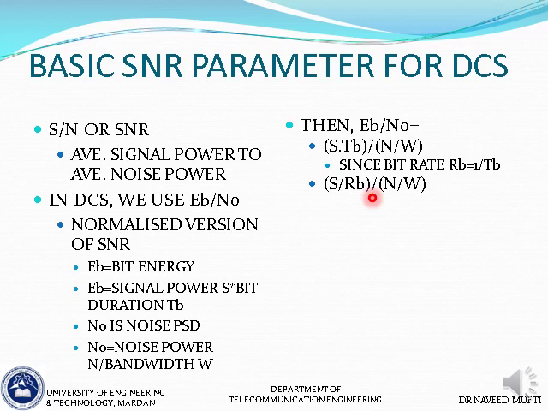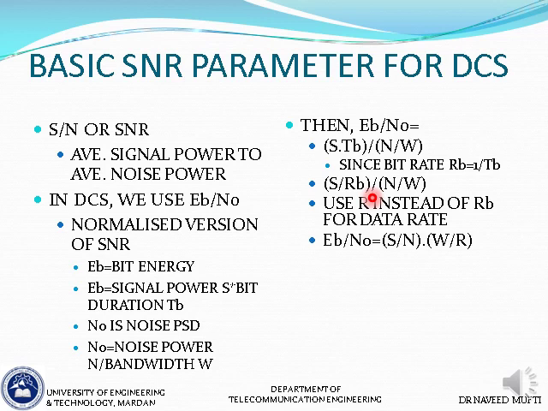ठीक है, ये होगी। इसके बाद हम ये देखते हैं कि ज़्यादातर डेटा रेट in units of bits per second, because that is one of the most frequently used parameters in digital communication। तो नोटेशन को सिंप्लीफाई करने के लिए हम RB की जगह R यूज़ कर लेंगे to indicate the bit rate and the data rate to represent bits per second। तो इस इक्वेशन को हम रीराइट कर लेंगे, इसमें RB लिखने के बजाय R लिख देंगे, थोड़ा सा इसे रीअरेंज कर लेंगे, EB by n naught इस फॉर्म में आ जाएगा। तो S by N multiplied by W by R।